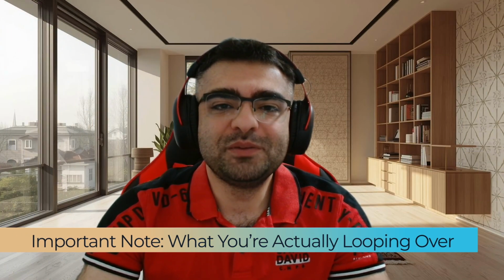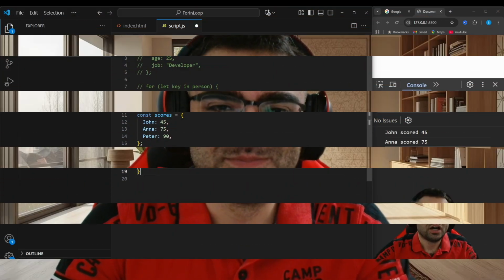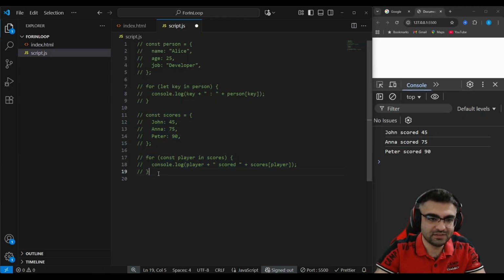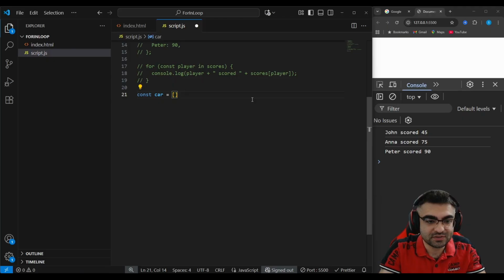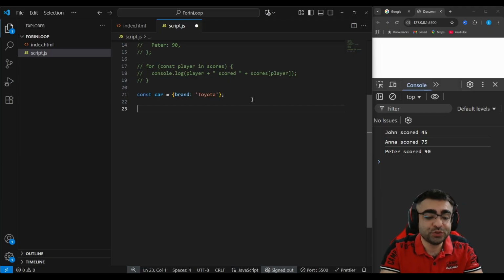Now here's something beginners often miss, and it's super important. The for-in loop goes over all enumerable properties in an object, including those inherited from the prototype chain. Wait, what? Don't worry. That just means sometimes it loops over stuff you didn't expect. Here's an example. I'll comment out these lines and let's declare a new variable, car, and let's make it simple by just adding one property, and that's it. Now I'll add another property to its prototype,